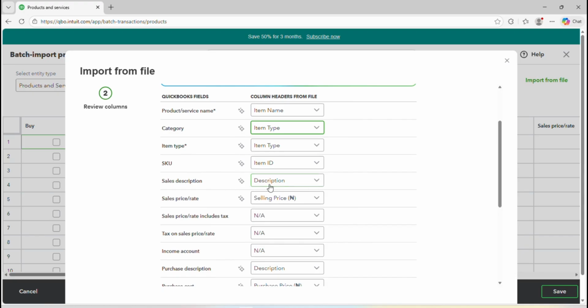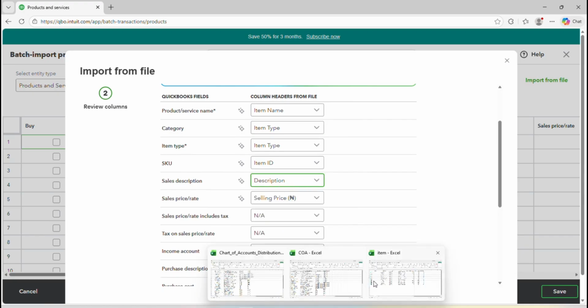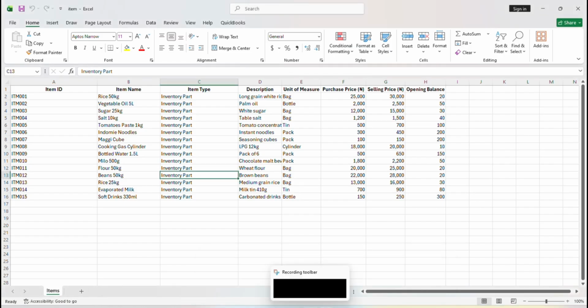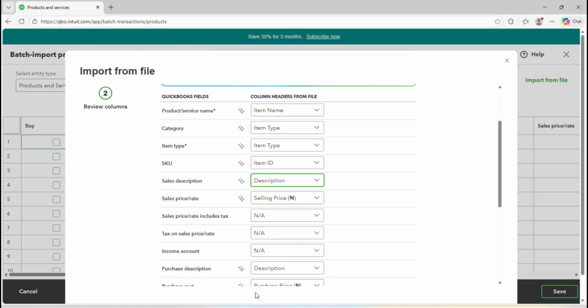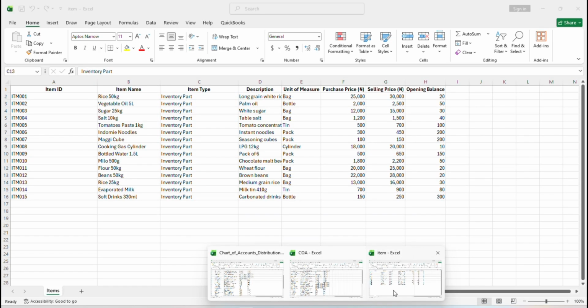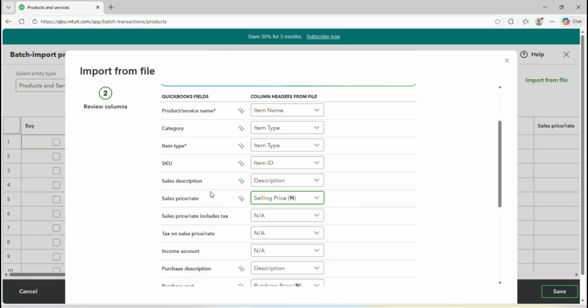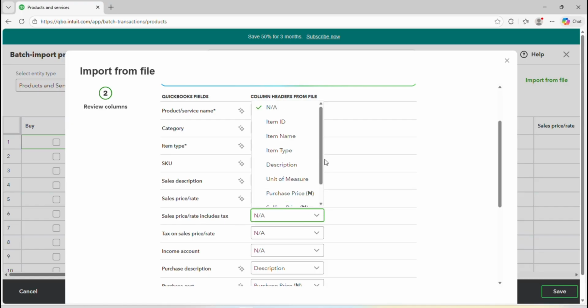Then item description, we have description. You can see how QuickBooks is doing this. We have description. Now selling price, we have selling price. Now it's asking us selling price. Selling price is inclusive of VAT, so it's inclusive. So we are going to select